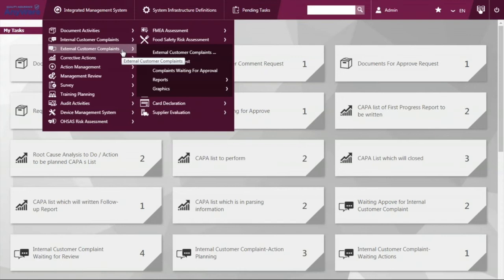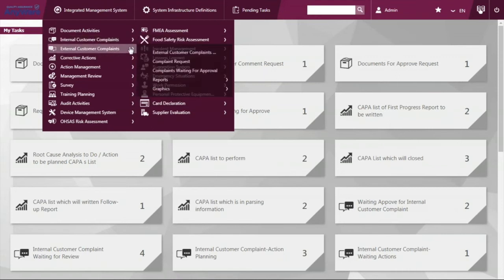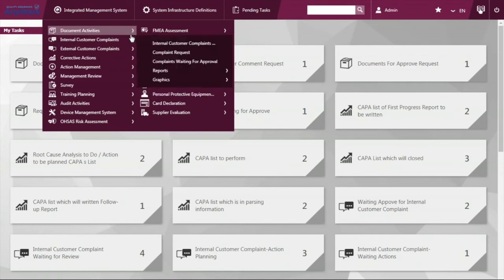And also some of our customers use this module as the customer feedback module, so that we can record the feedback from our customers, not only negative feedback, but also positive feedback, like compliments, so that you can save it in our system and keep following up with all the records that you have saved in Quality Assurance Anywhere.